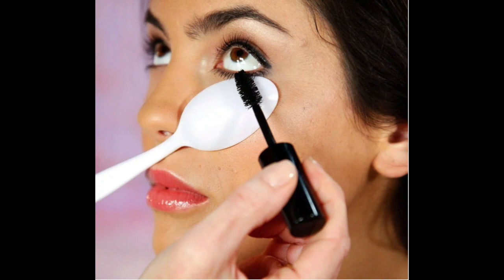That I've lent to Grace, and then you do your mascara so that any globs go onto the spoon, if that makes sense. But as I said, you've got to be able to use two hands. And you might have to move the spoon around depending on which bit of your eyelashes you're doing. You can also do it underneath, but to be honest, I'm going to combine this tip with another tip, is that if you do get a glob underneath your